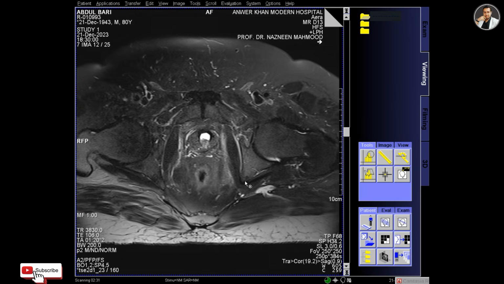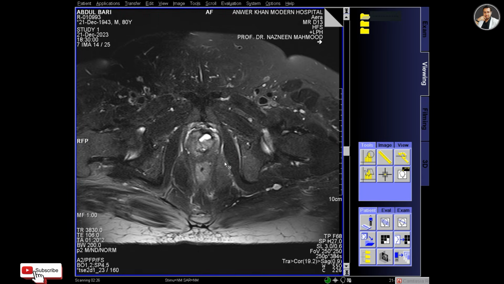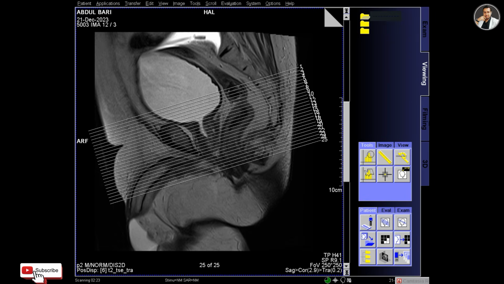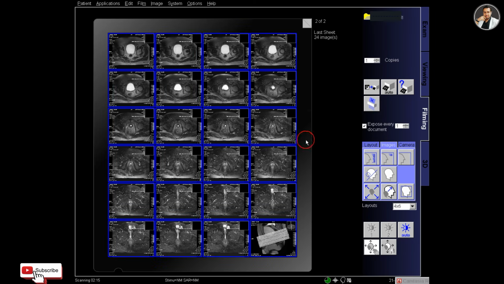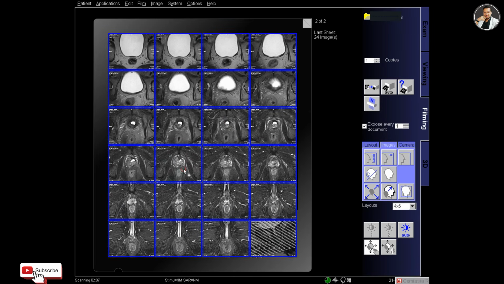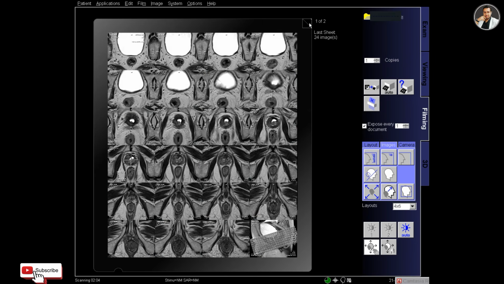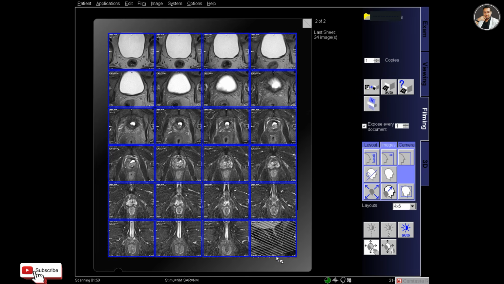And this is the T2 transverse fat set. You can see that the fat is removed from the upper part of the pelvis, and I'm filming this T2 fat set transverse like the previous one. The film layout is 4:6. So 23 axial images and one reference image, total 24 images fit in the film. And this is the fifth film that I am preparing for multiparametric prostate MRI.